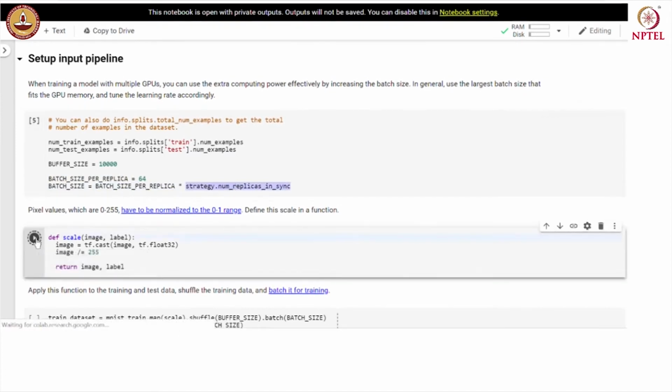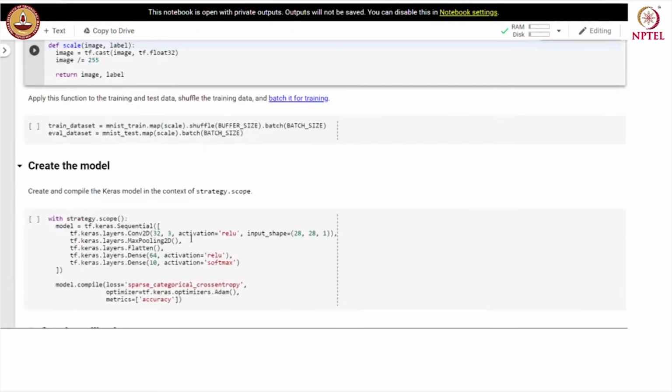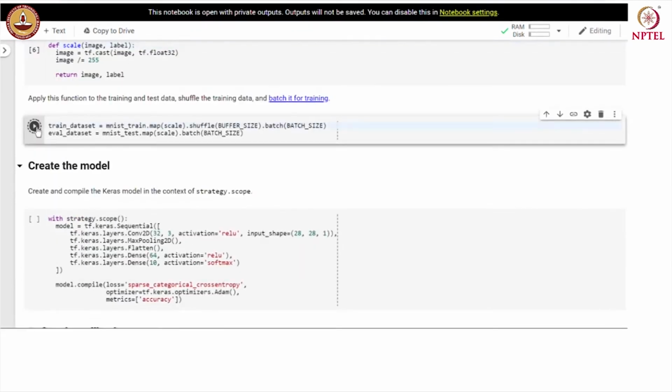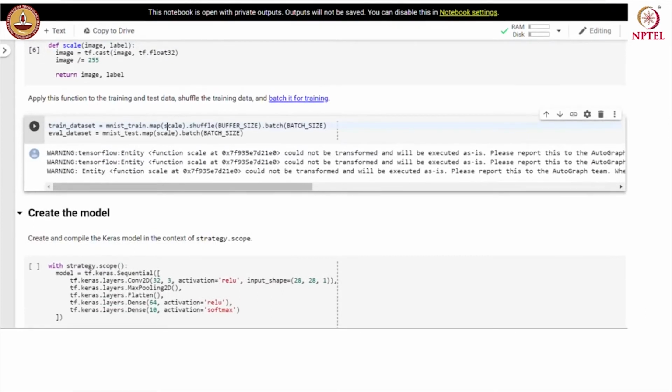We will normalize the data, and we apply the scaling function on each and every data point in the dataset. Then we shuffle the dataset and then we batch with the batch size set before. We do not perform shuffling on the evaluation dataset. We apply scaling on each and every data point in the dataset followed by the batching operation.